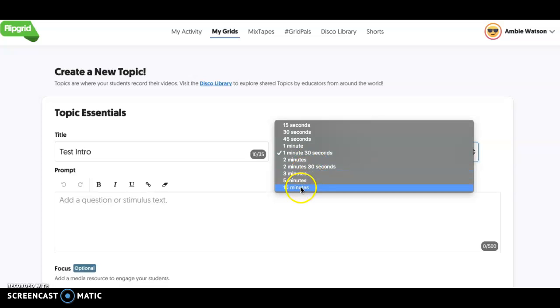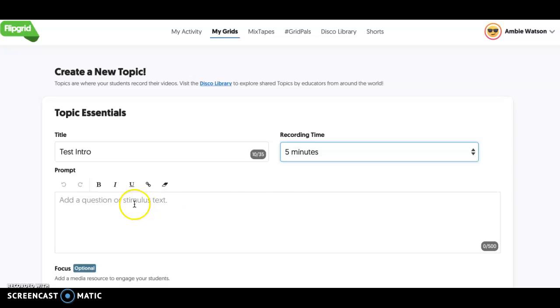If they're doing a book talk, maybe they need 10 minutes. So set your timer. And then add a question or stimulus text. This is where you can put a paragraph for them to read. This is where you can put a problem for them to solve. You can put a link to a